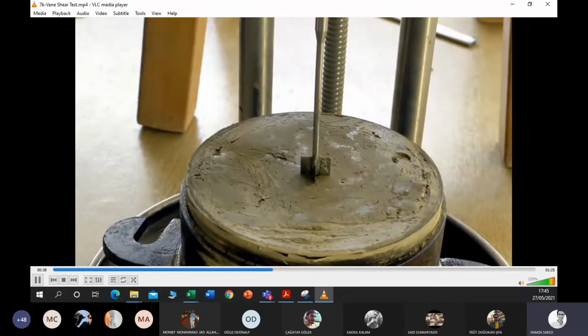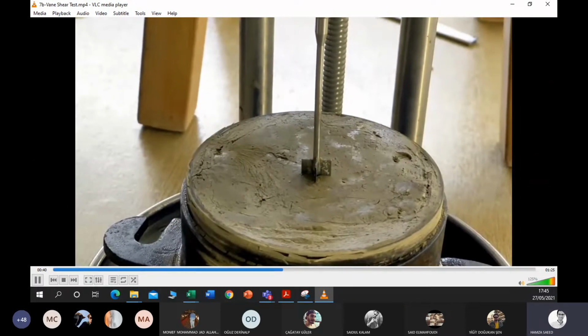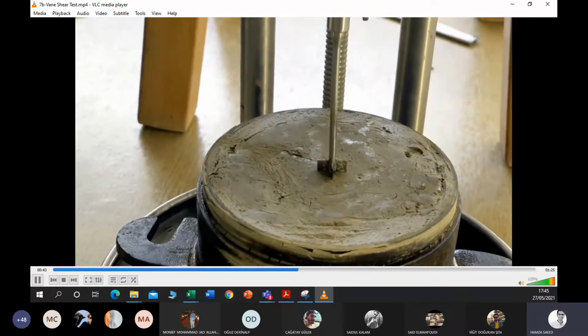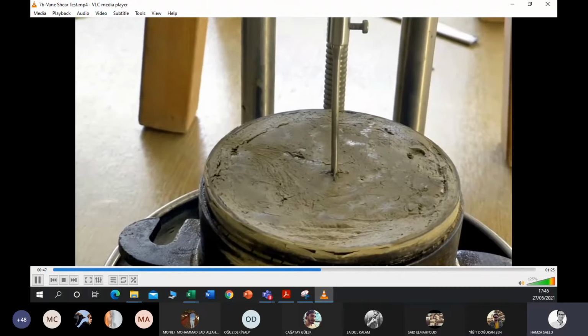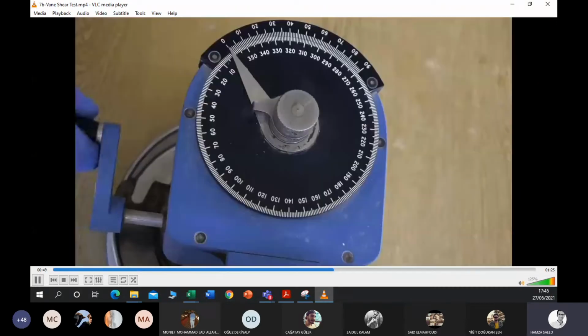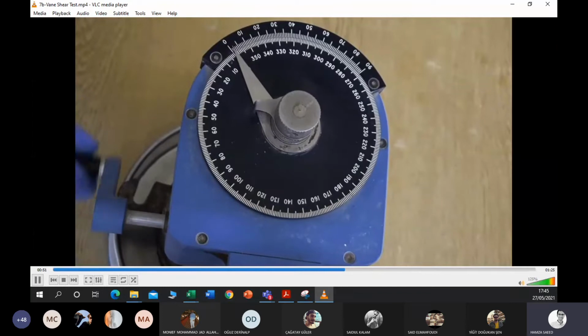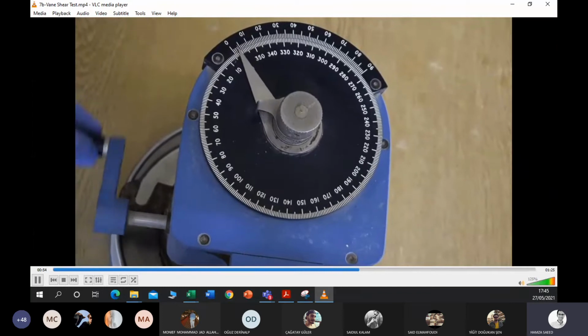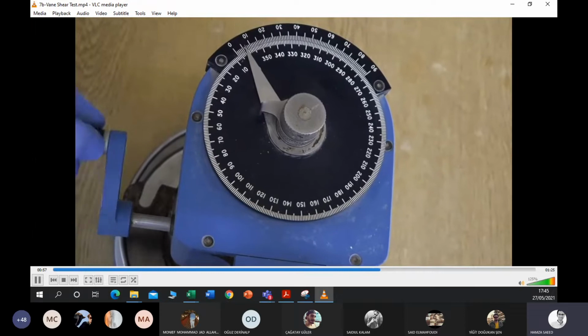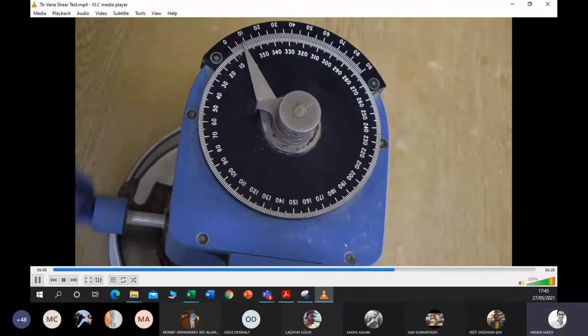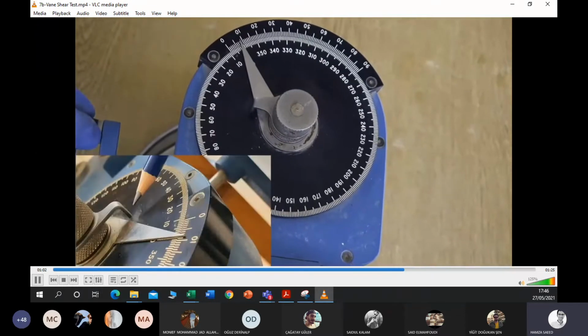The blades are lowered until they are fully embedded in the soil. Apply the torque to the vane by rotating the torsion head until the soil is sheared. Record the angle of rotation of the vane at the instant of failure. The failure occurs when the pointer separates from the carrier knob.